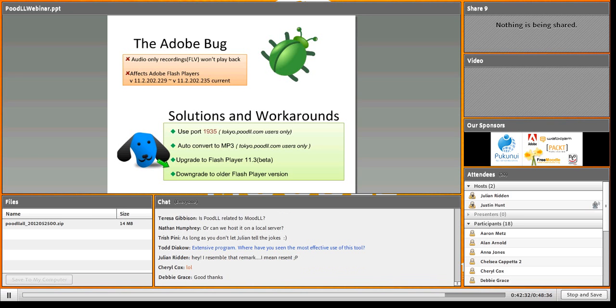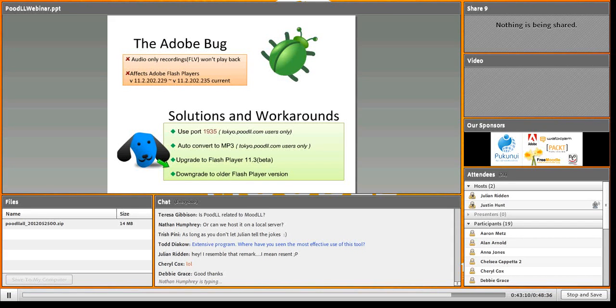Does this service have to use tokyo.poodll.com? No, it doesn't. You can actually download your own Red 5 server and have it within your firewall, within your school. Have it on the same machine as your Moodle server if you like. I have some information on the poodll.com website talking about how to do that, and I'm happy just to show people how to do it, set them all up. You could, even if you're very clever, actually use a clone of our tokyo.poodll.com server on Amazon, and we just clone it very simply, and then you'd be able to have your own server on Amazon. That would work.